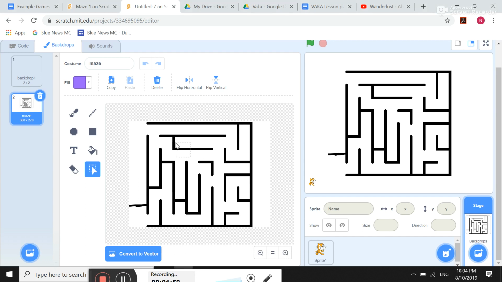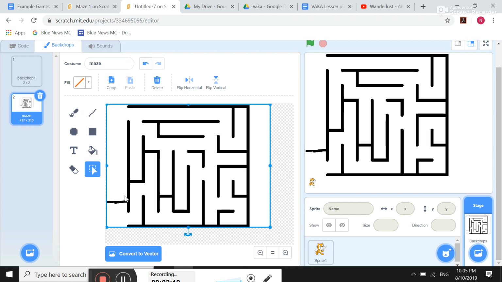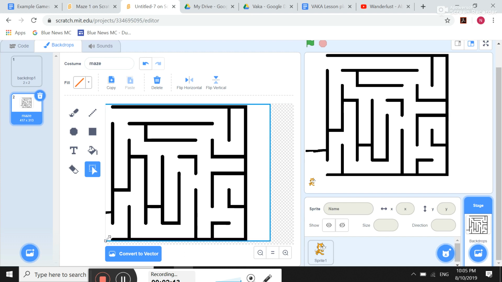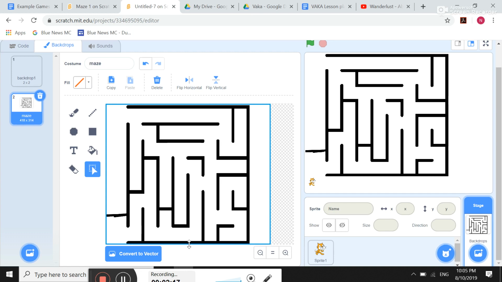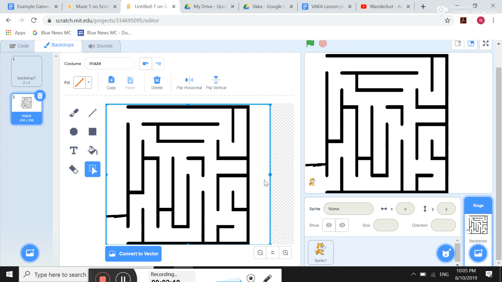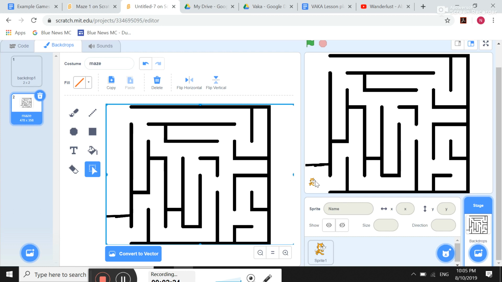So we're going to click and drag across this entire map, and you're going to see these blue boxes turn up, and then we're just going to click and drag this up to the corner there, click and drag this corner down to here, and maybe click and drag this guy all the way over here, so then it fills up the whole box. Cool. So now we have our map, we have our cat, but the problem is,